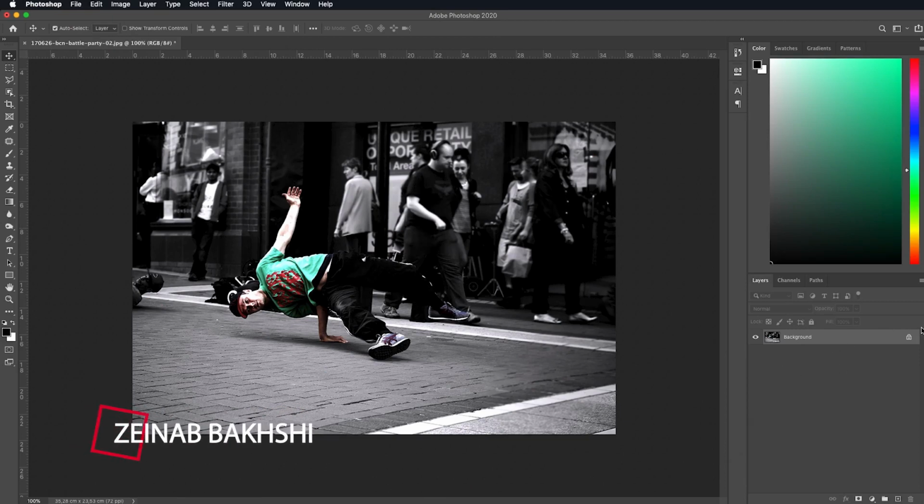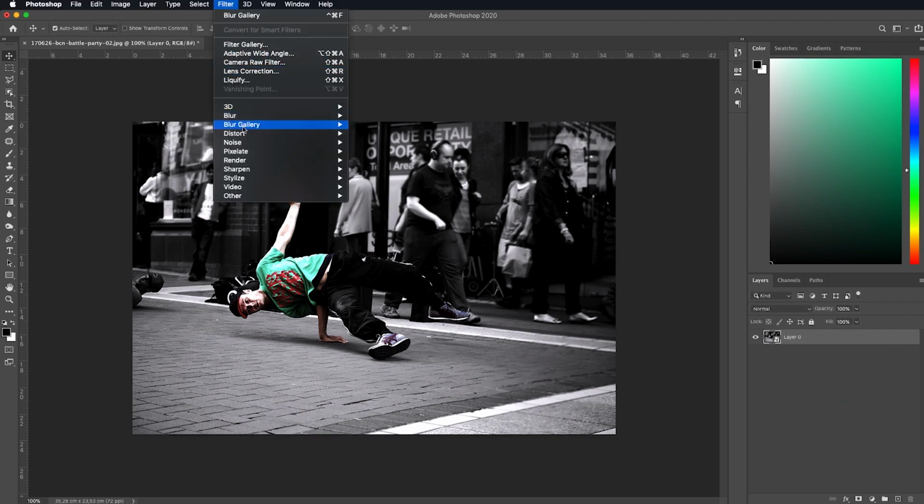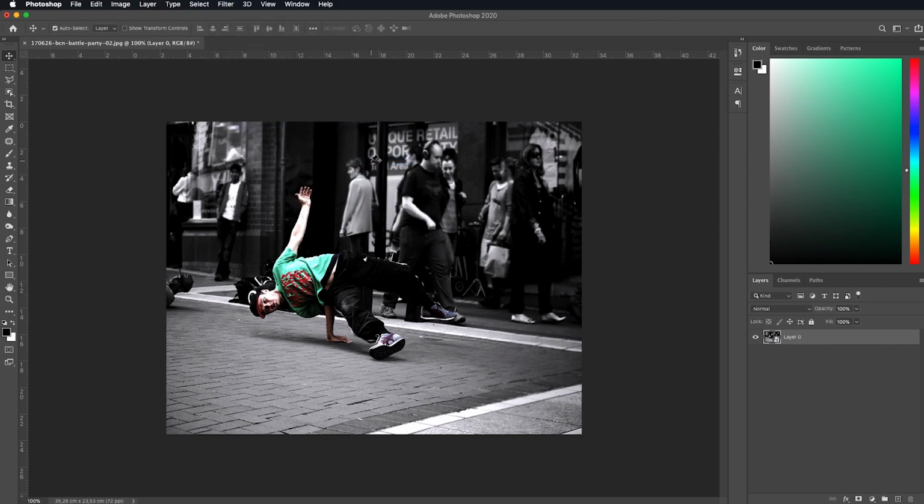In this minute we will learn an amazing technique to create a spin blur background for an image. First, we right-click on the image layer and convert it to a smart object. Then, from the top menu, we select Filter menu, and from the Blur Gallery submenu, we select the Spin Blur